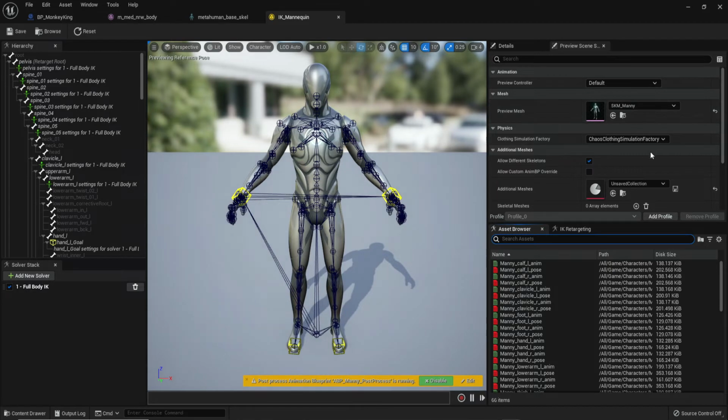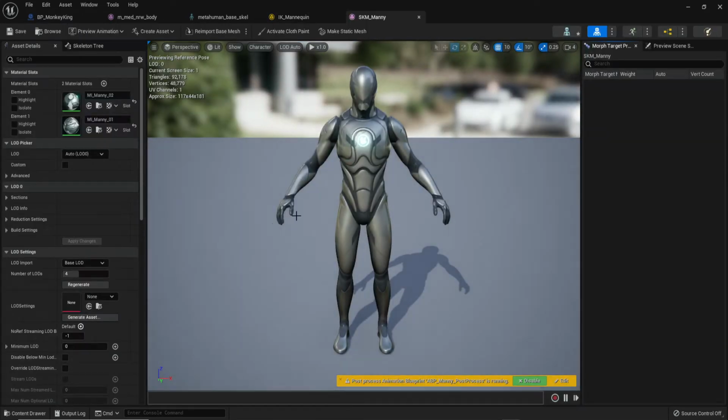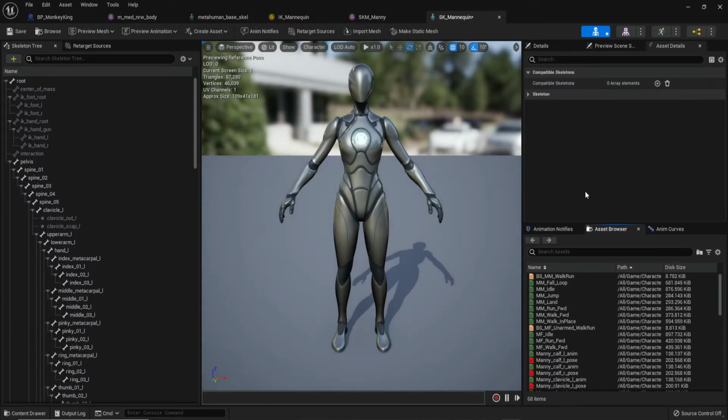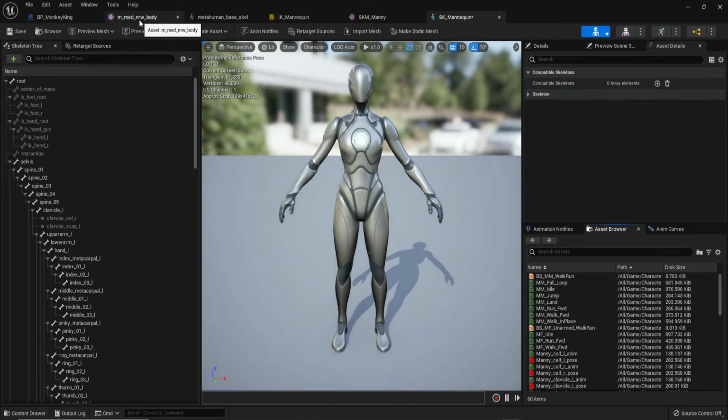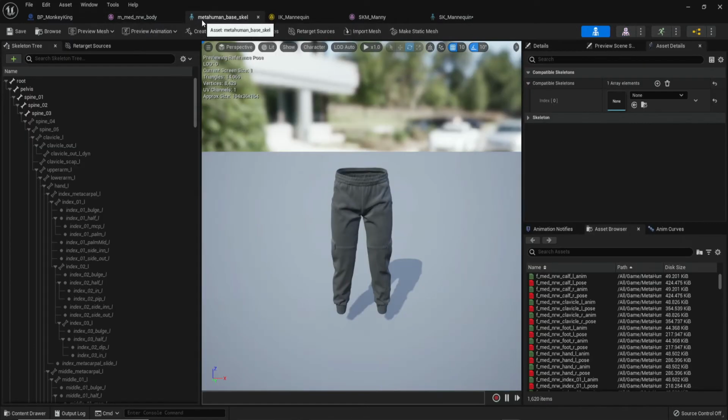We don't have the IK for the Metahuman, but we're going to use the IK for this over here, and we're going to choose this over here for the Manny. And we're going to choose skeleton. Alright, so what we're going to do next is show the animation, and we want to make the skeletons compatible between the Metahuman and the mannequin. And what we want to do is go to skeleton over here